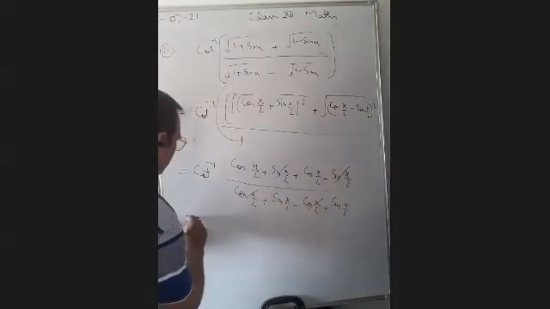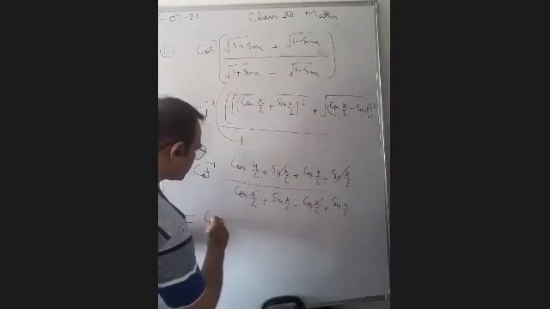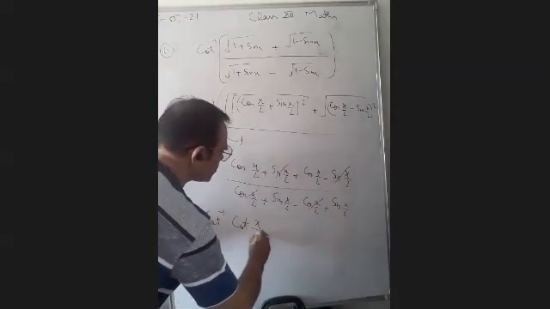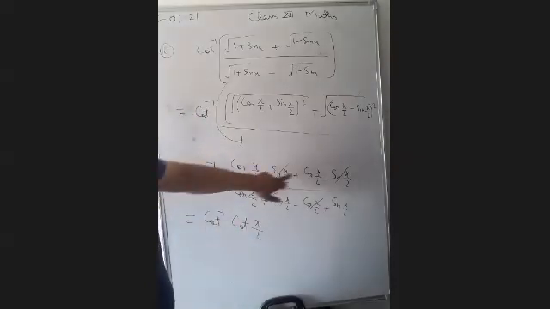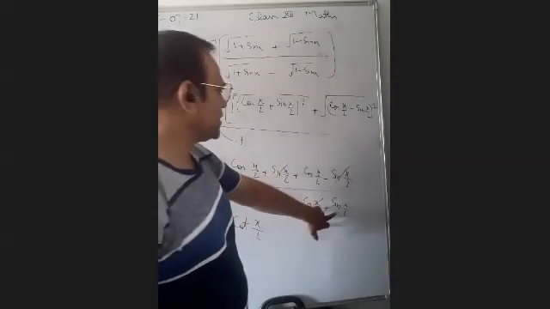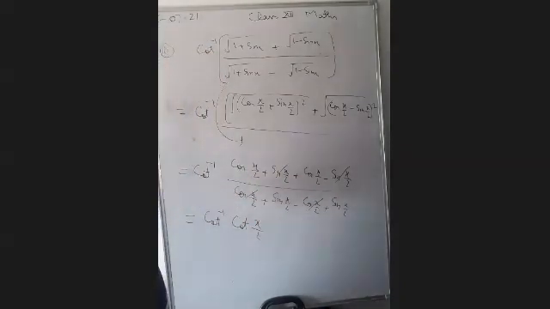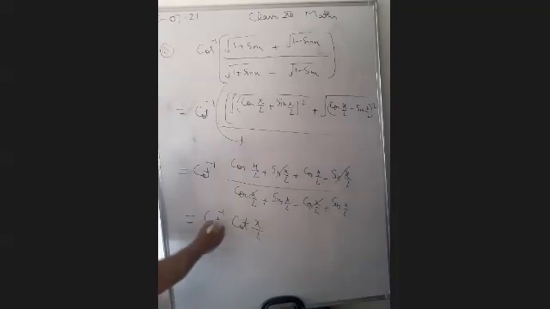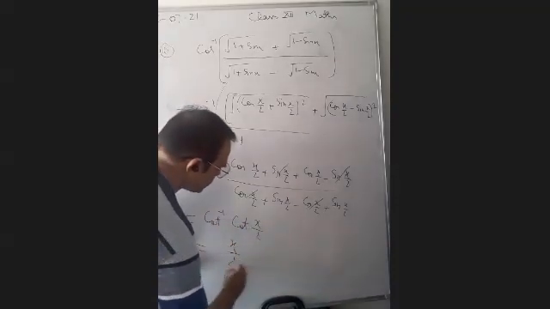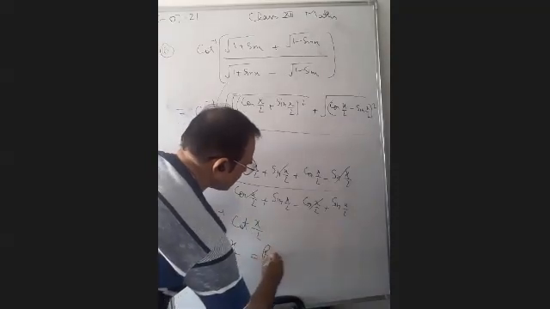So you got here cot inverse cot x by 2. Cot x by 2 कैसे हो गया? तो वो 2 cos x by 2 upon 2 sin x by 2, 2 से 2 we can cancel. We will get the cot x by 2. Cot inverse cot x by 2 is equal to x by 2, which is equal to right hand side.